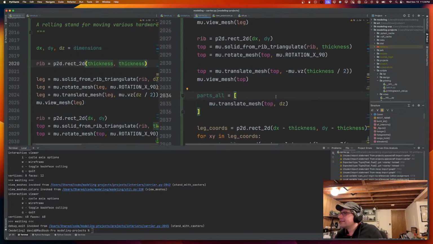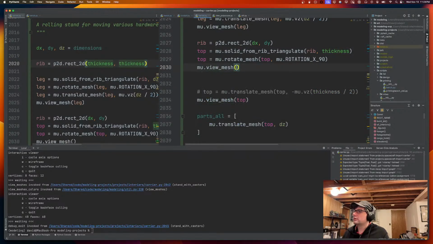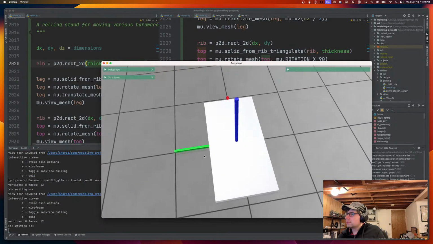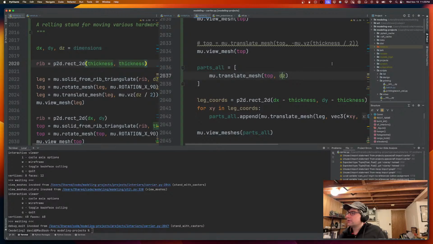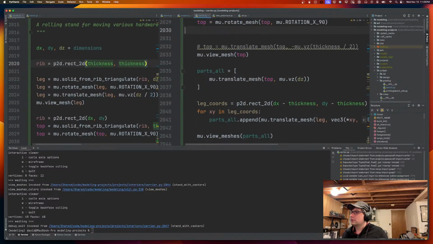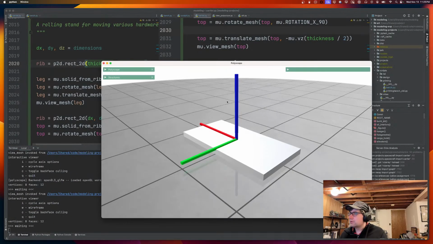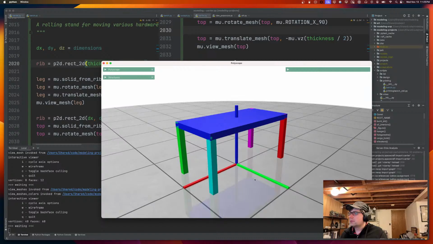Almost. Almost. What happened? Oh, did that get misaligned? Oh. Yeah. Okay, now